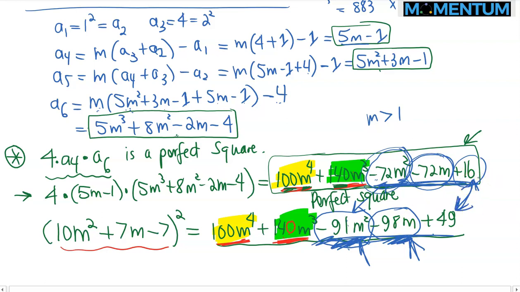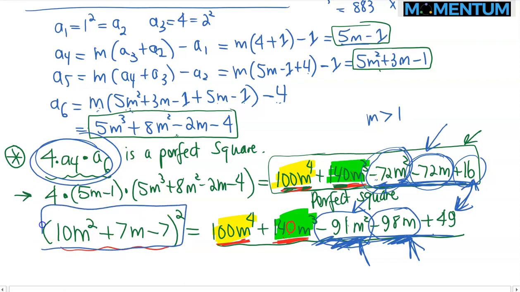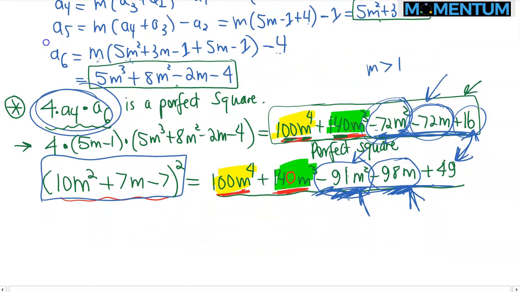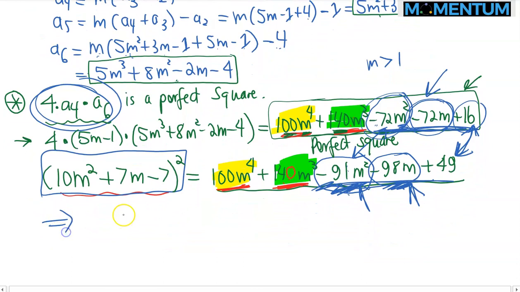Or if you don't like this, just write it out as an inequality, right? So it's very simple. But then necessarily, this monster is larger than this monster. Do you guys see that? So this implies that 4 times a4, a6